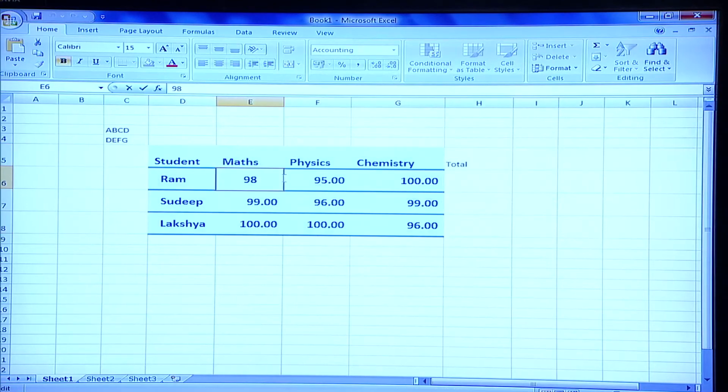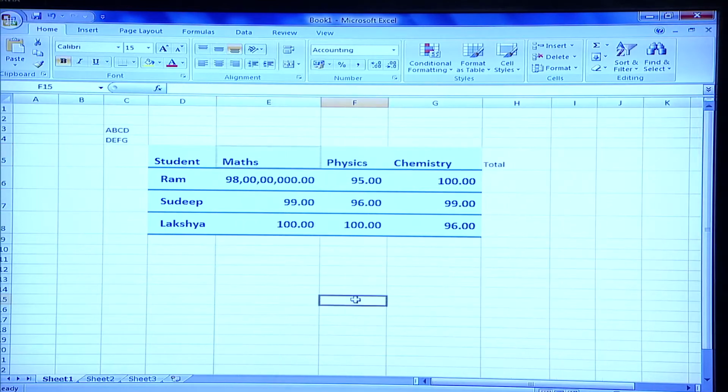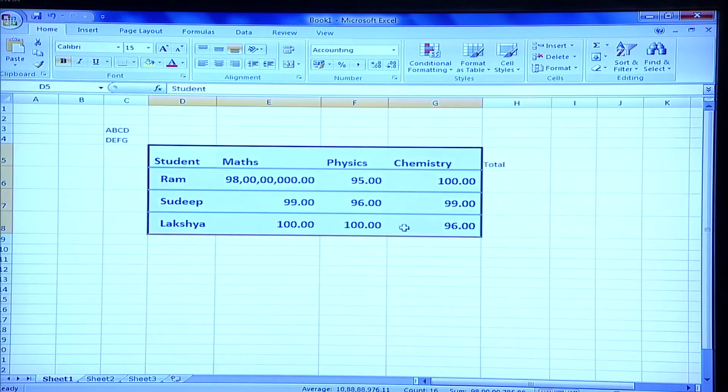Now, hypothetically, I can show you how this comma works. Let us say we are not dealing in marks. As of now, just forget that we are talking about marks, and it is about amount, and there is a large amount, right, 98,000 lakhs. See how this comma formatting will work for us. Here it is making our life very easy: 98, 100, 1000. It has put the comma on its own. So, this is called a style.